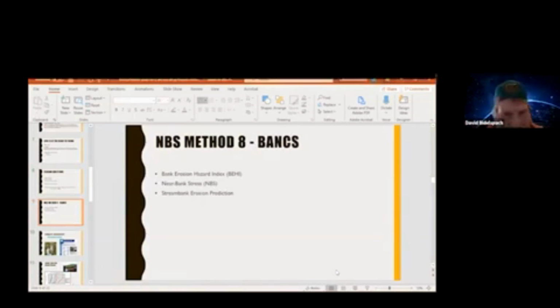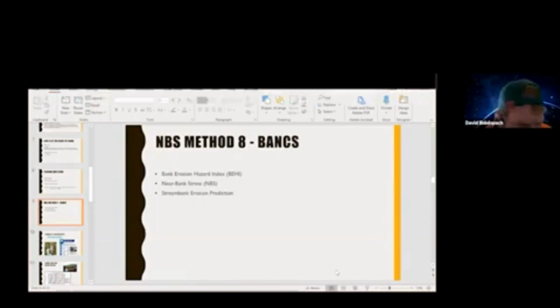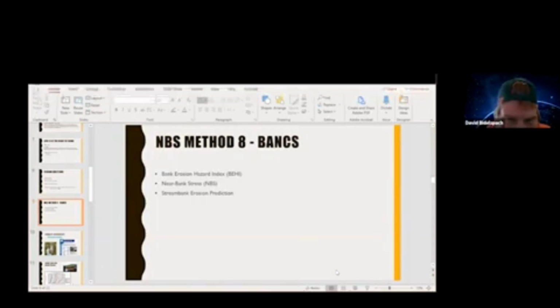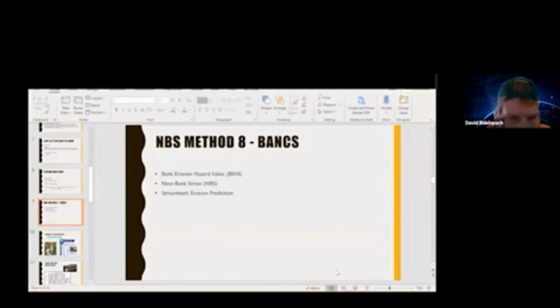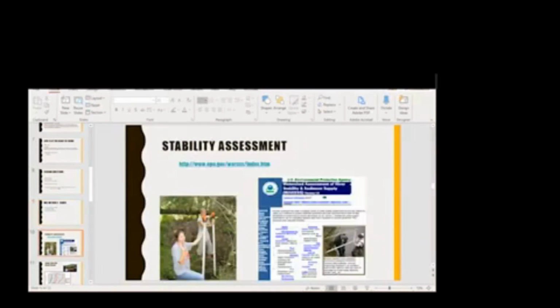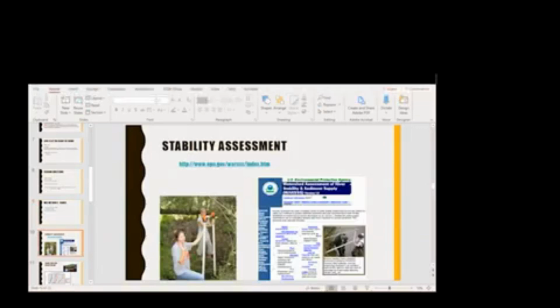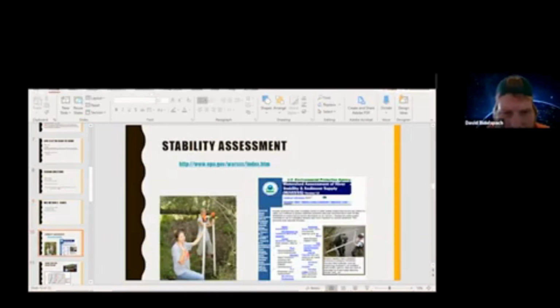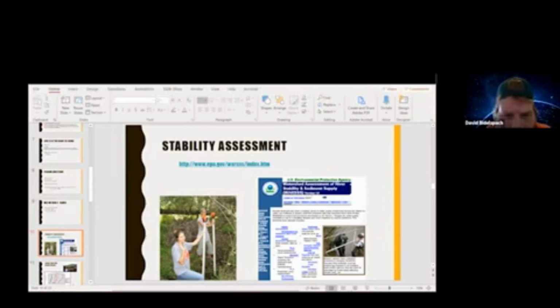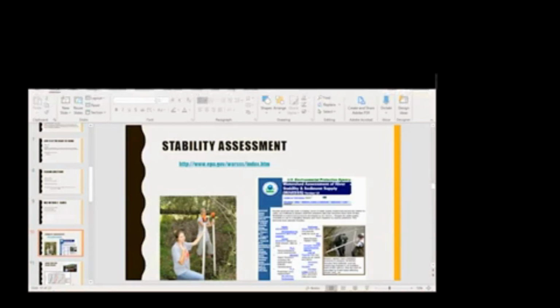So near bank shear stress is one of the aspects of looking at bank erosion through the BANCS process as presented by Dave Rosgen, related to bank erosion hazard index and near bank shear stress. This is all documented in the EPA WARSSS stability assessments,